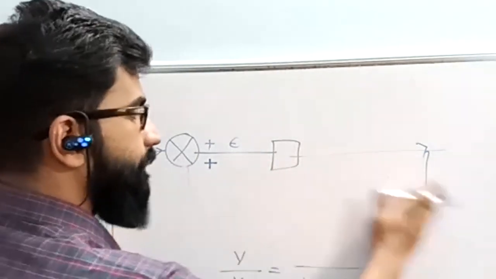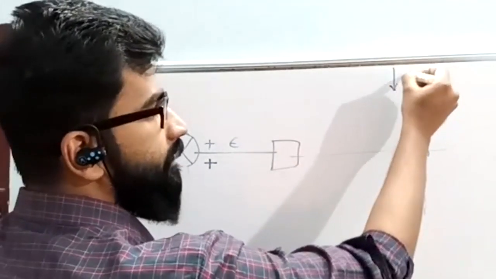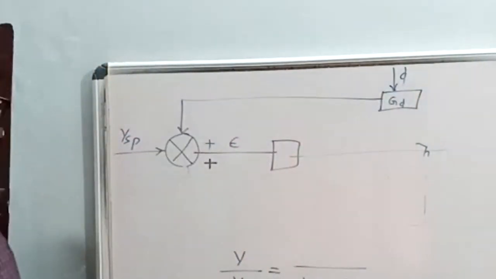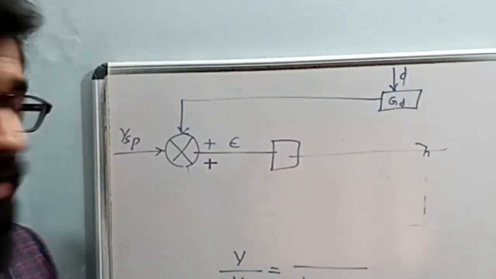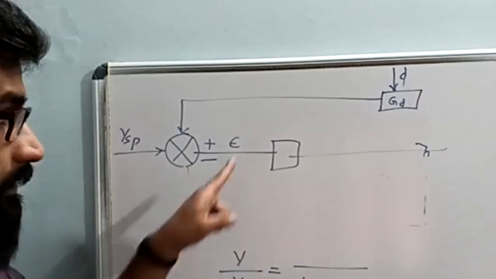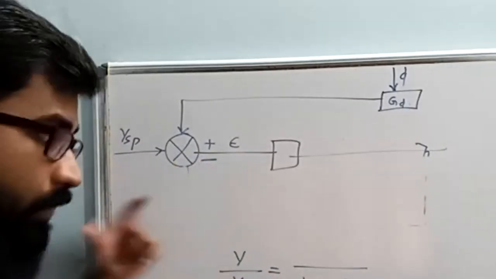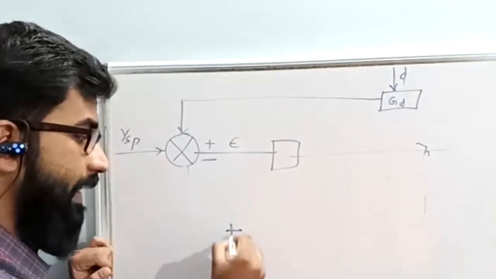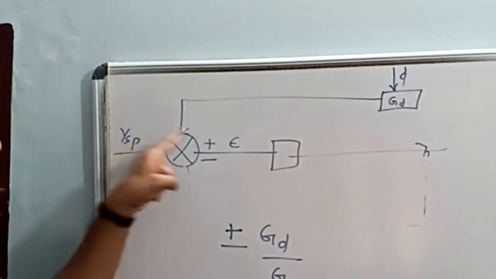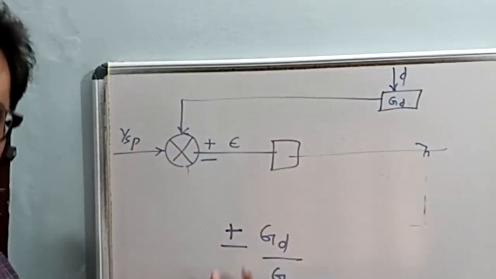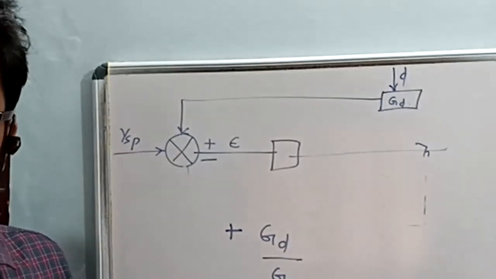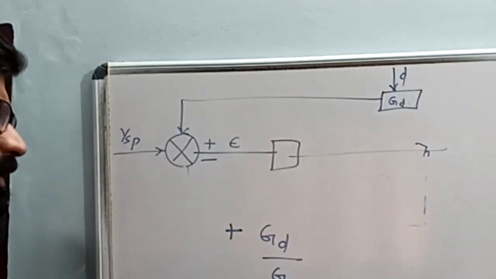In a feed forward control system, what is happening? In the disturbance, we are adding here like this, right? So in the question given to you, this can be plus or this can be plus minus also. To avoid that confusion, we are saying the answer will be plus or minus GD by GP. If it is plus, in most cases the answer will be minus GD by GP. If it is plus minus, your answer will be this. Clear? So this is the concept, but you can remember plus or minus.